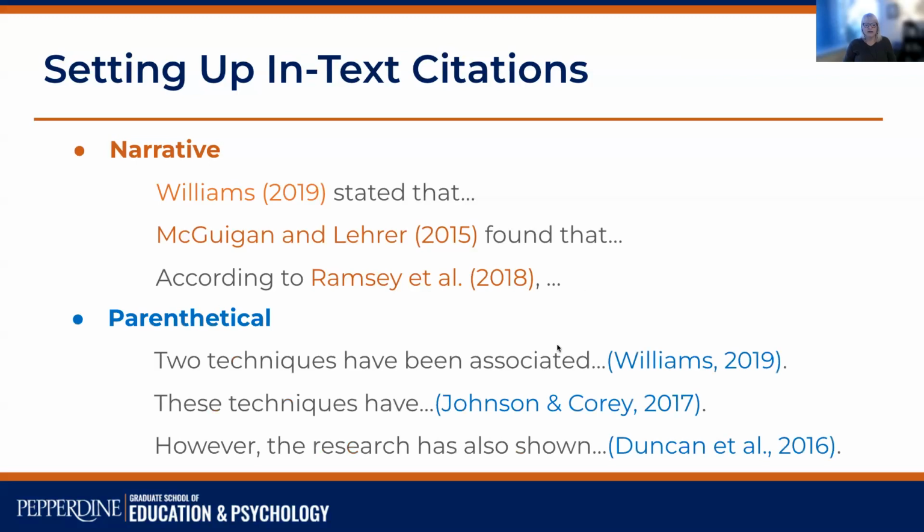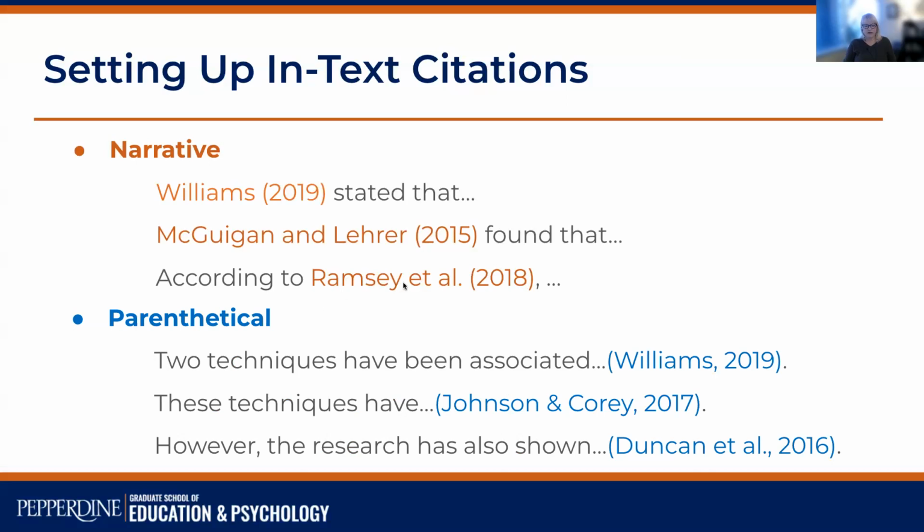Whereas down here, you can see that the sentence is just a paraphrase, and there is no reference to the name of the author within the words of the sentence. So then what you do is you put parentheses at the end and add the author's last name and the year. So this is what it looks like for 1 author. This is for 2 authors. And notice the difference here. With a narrative citation with 2 authors, you spell out the word and. With a parenthetical citation with 2 authors, you use an ampersand.